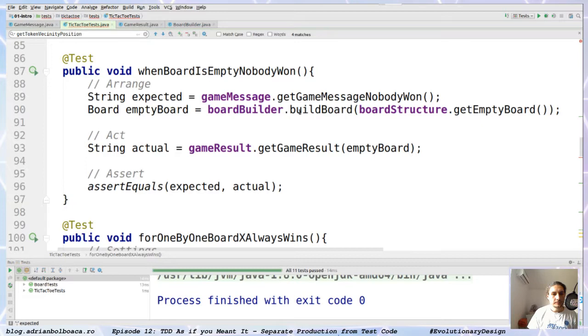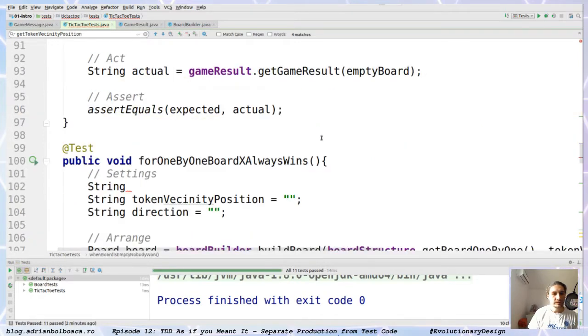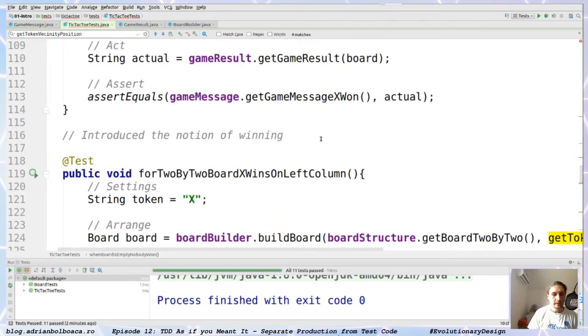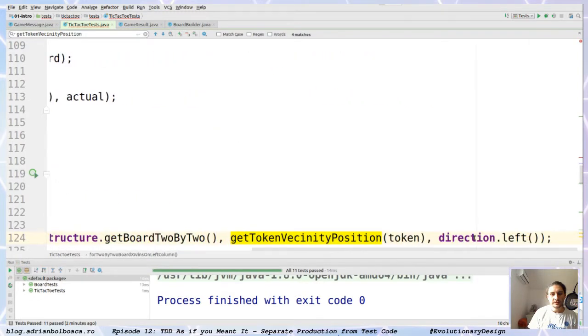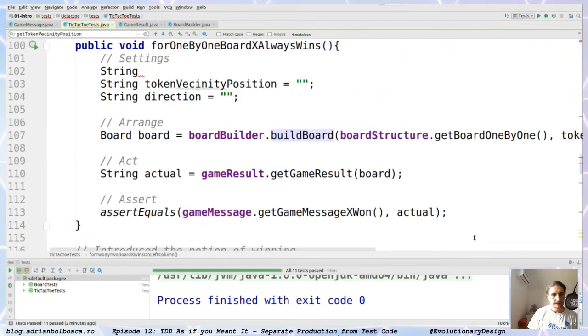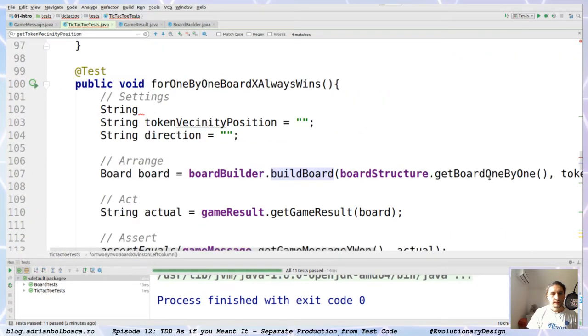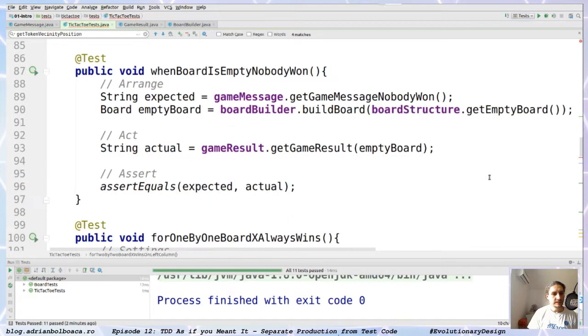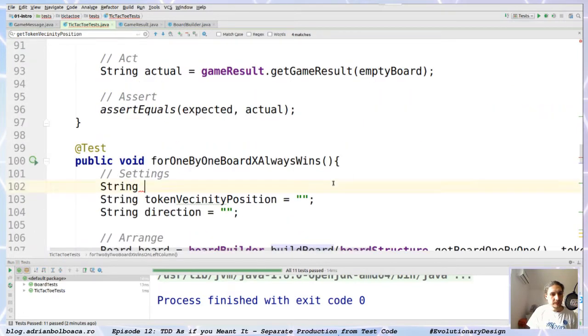And here I'm building a board with an empty board, so I don't need that. Here I'm building a board and I already have all these things like the structure, the vicinity position, and the direction. So let's try to see how this works. I don't know yet how it will work. My first try would be to have a token,